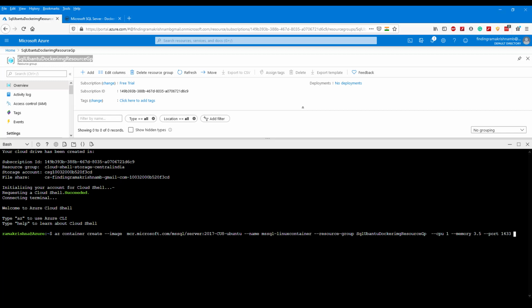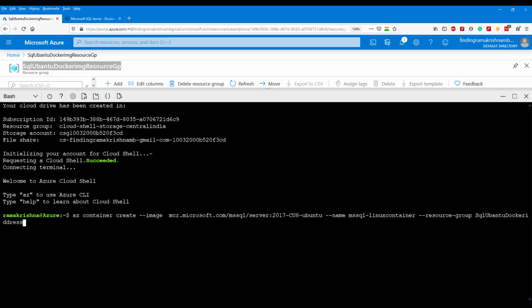Now specify the IP address type through which we can access this container registry. Let me zoom in this command prompt for you guys so that you can actually see properly. So IP address should be public.